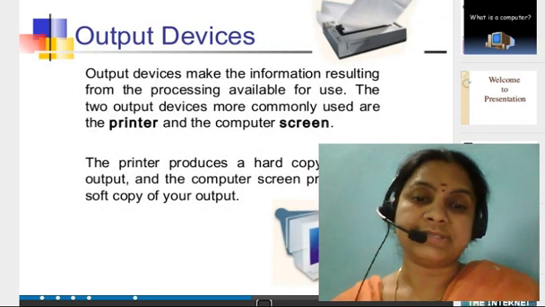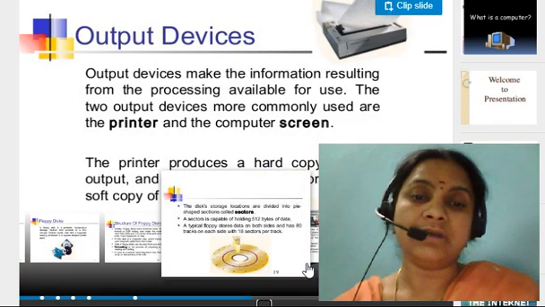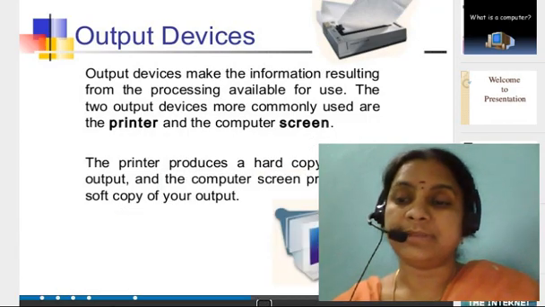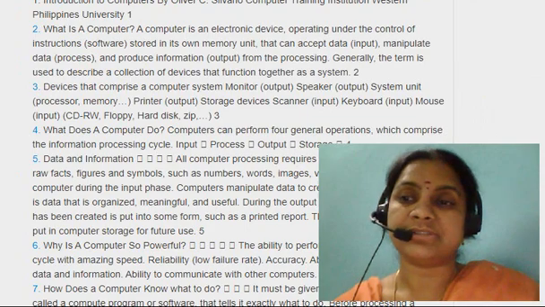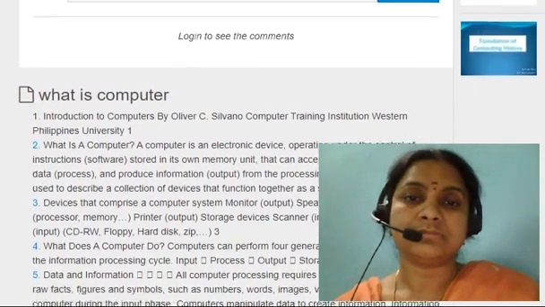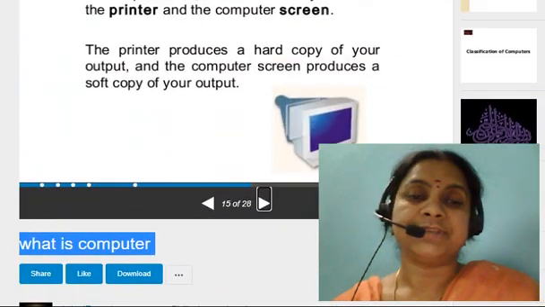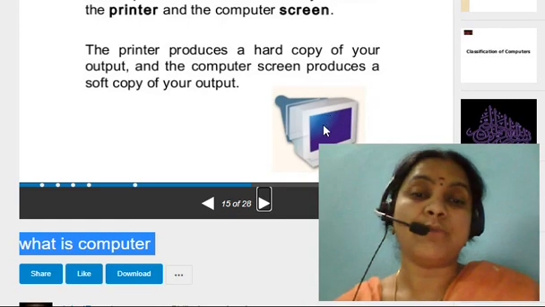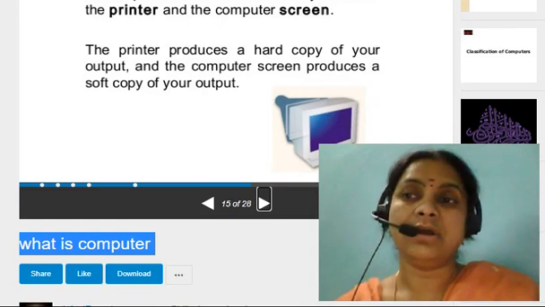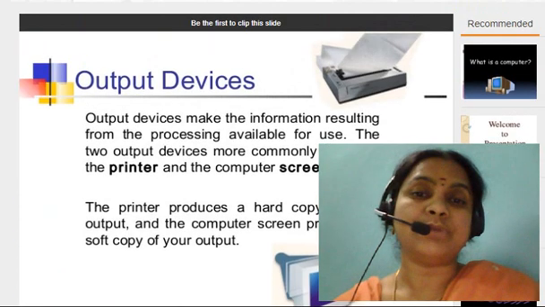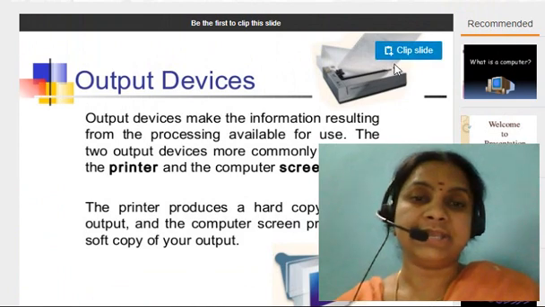And the next is output devices. What is meant by an output device? Here the output device is the monitor. In this monitor, see here the screen is there.